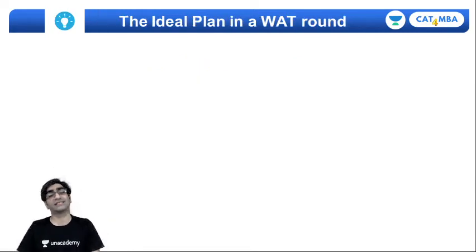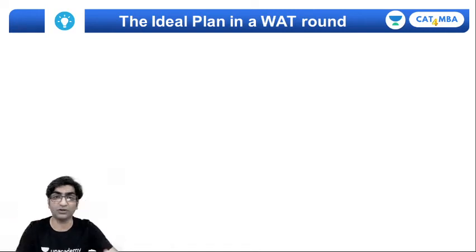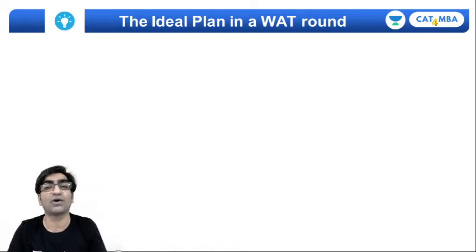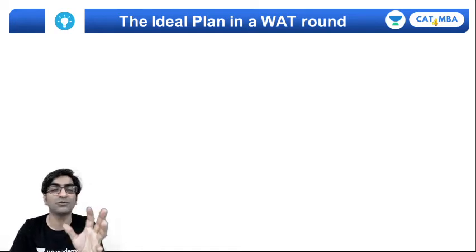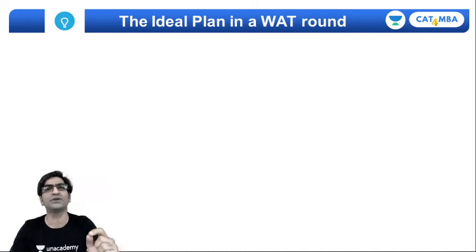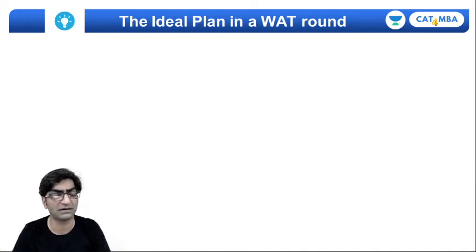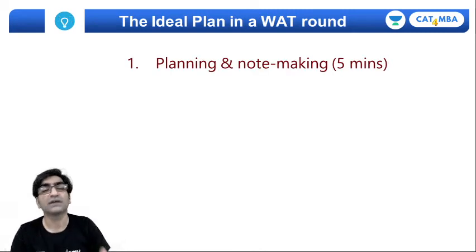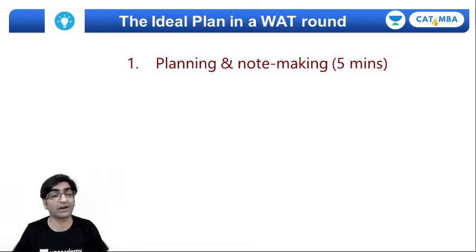Now, how do we plan this for the WAT round? You're given a topic, the moderator comes and announces the topic. Maybe now that it's going to happen online, you'll be given the topic on the screen. But the moment you see the topic and the timer has started running, here are the various steps you need to follow. First and foremost, devote 5 minutes to not writing. The first 5 minutes in the WAT, you're not writing on the screen, but you're definitely taking notes. You will be given a piece of rough paper and a pencil to make notes. Make sure that you utilize the first 5 minutes.